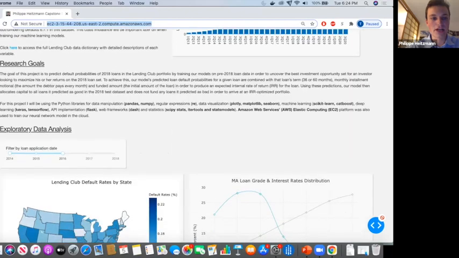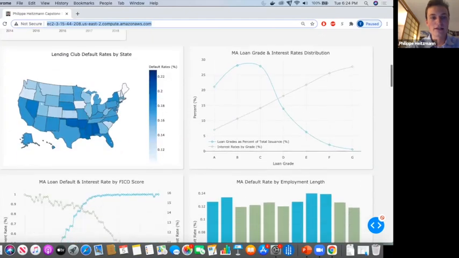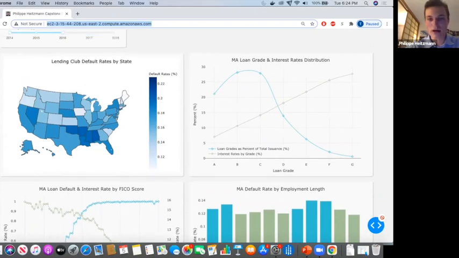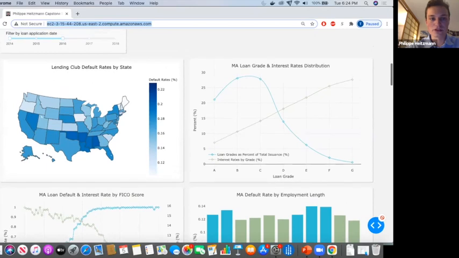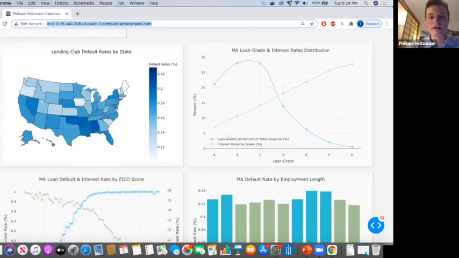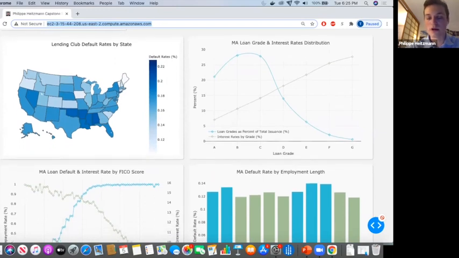In the Dash app that I created for this project, I included interactive graphs that allow the user to interactively select portions of the data and get an idea of what data is available in the data set, and build some intuition about some of the different relationships between the independent and dependent variables, which might be useful later on when you're making decisions about which features to include or exclude, or which features to create based on some of the data that's available to you already.